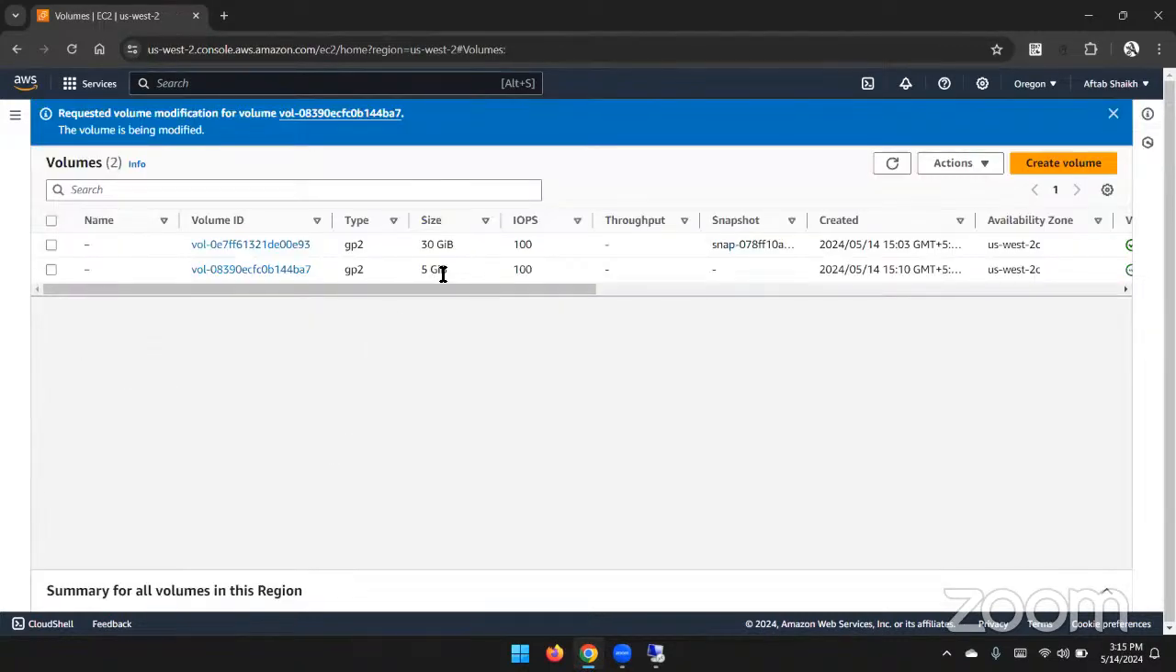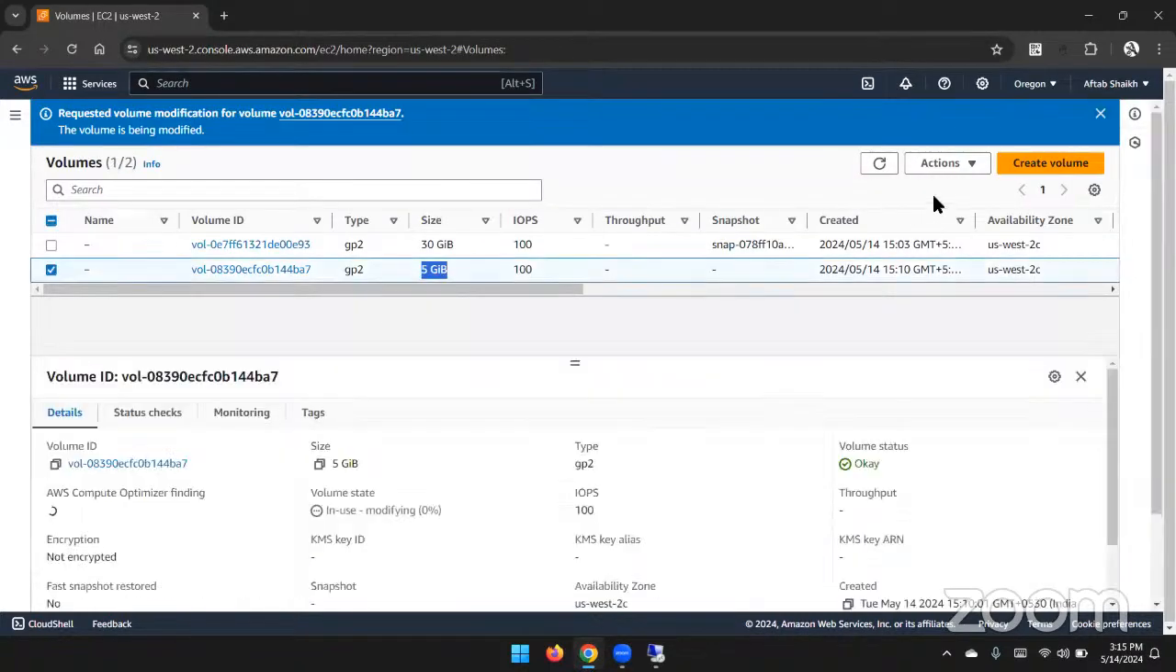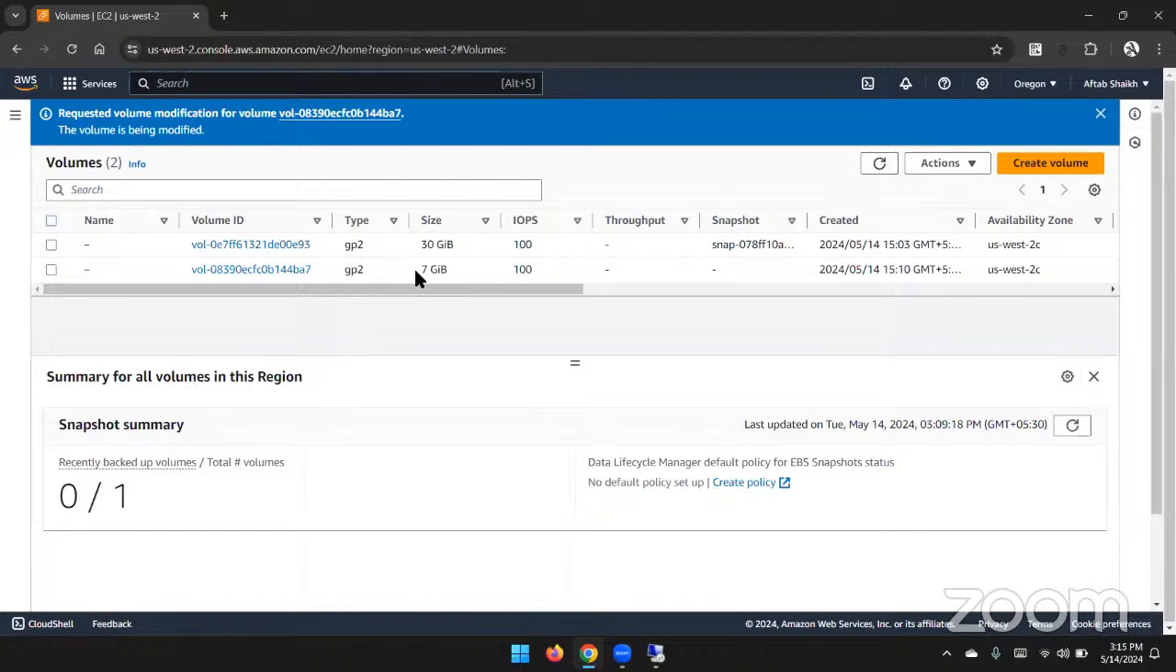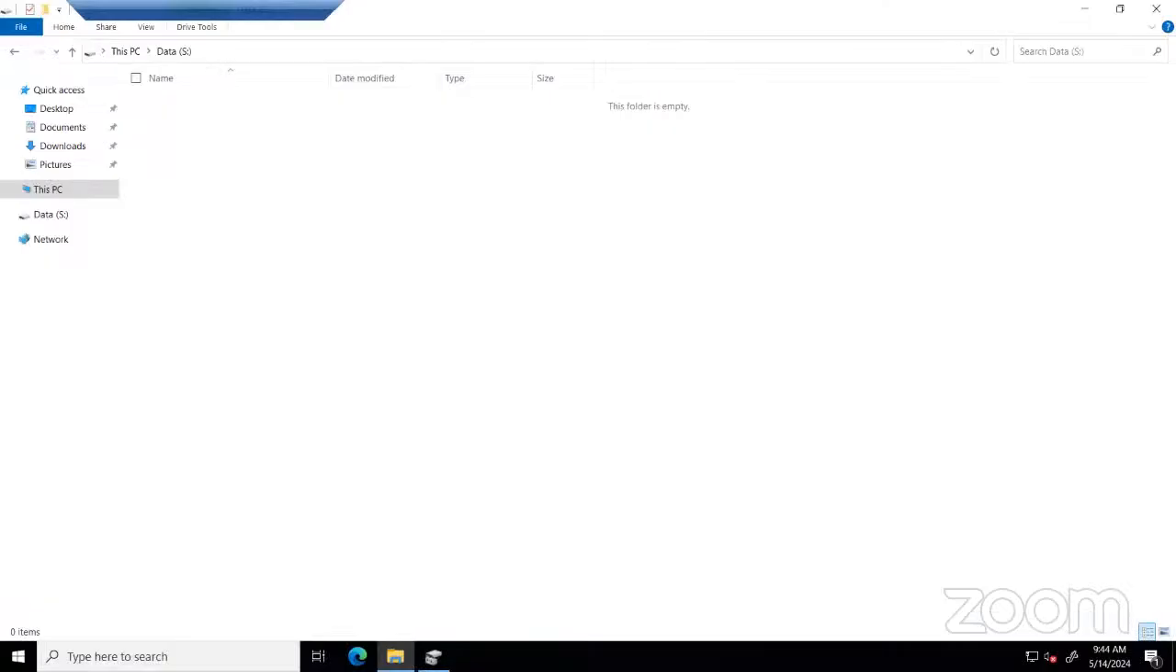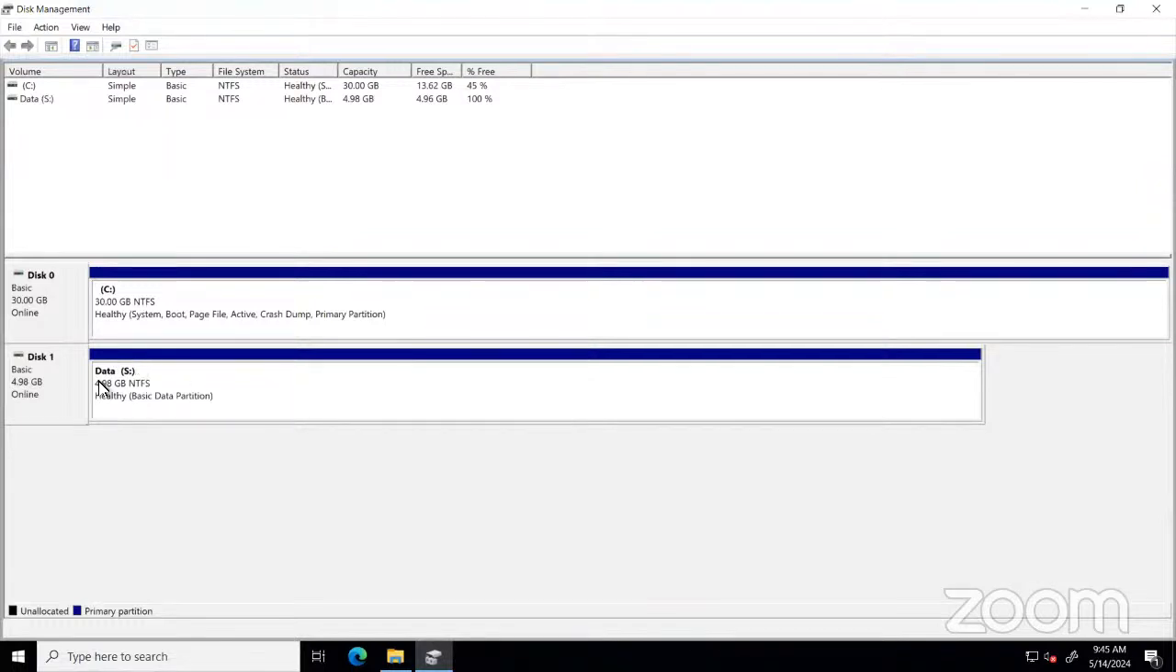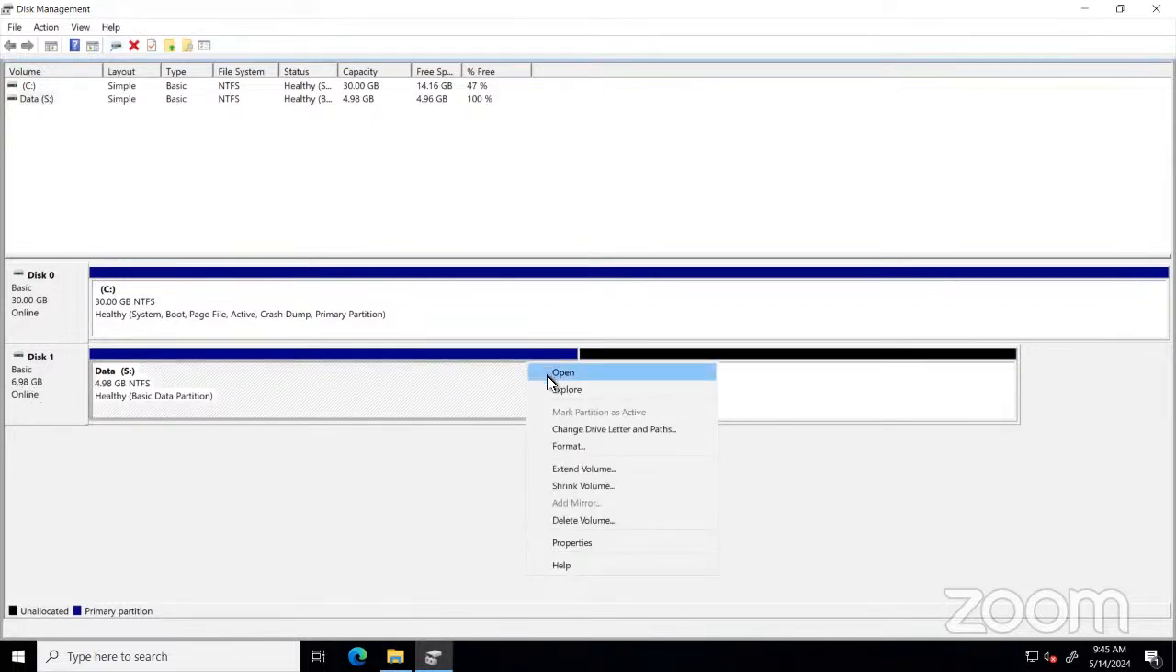So once you modify this, your new size should reflect here in some time. Do a refresh, it will reflect here 7 GB. And inside your virtual machine, if you go to disk management, initially the size is 5 GB only. Just do a refresh here, rescan karo, and the new size will be like 7 GB, 6.98 GB, that is 7 GB. इस पार्टीशन को आप राइट क्लिक करके एक्सपैंड कर सकते हो।